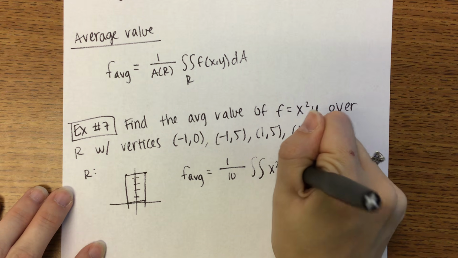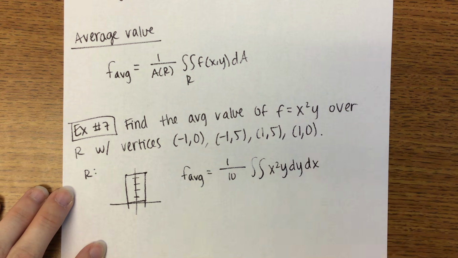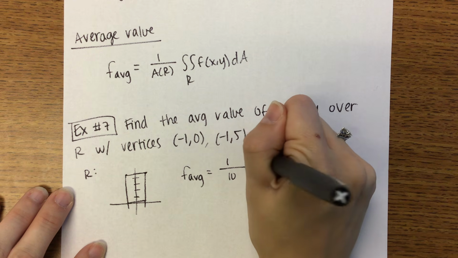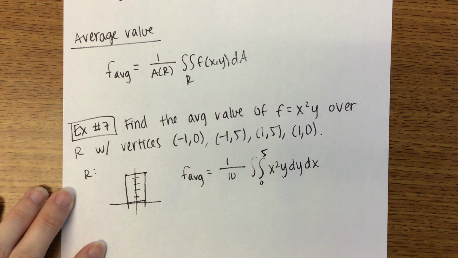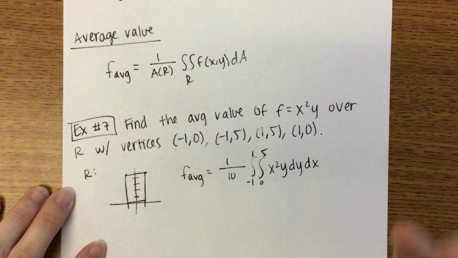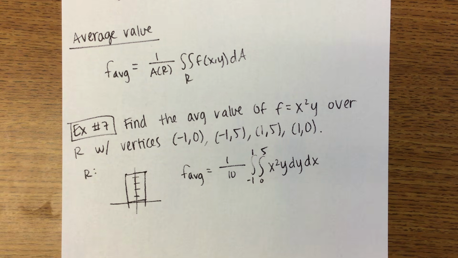I'm going to integrate with respect to y first and then x. Our y goes from 0 to 5. Our x goes from -1 to 1. We're not going to finish the problem, I just wanted to talk about setting it up. This is another one where you could split this into 2 integrals. How do we feel about double